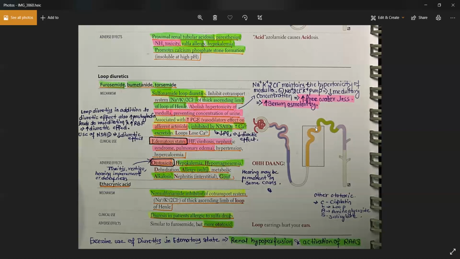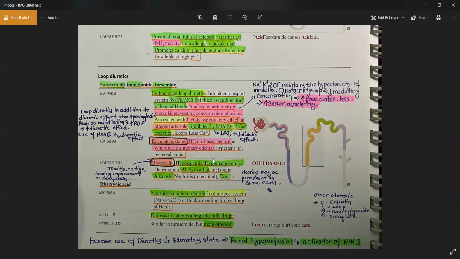Okay, got it. So it is not sensing. Exactly. They're blocking the receptors on the macula densa cells also. See, along with inhibition of the sodium, potassium, chloride channels, these loop diuretics also inhibit the receptors on the macula densa cells that sense the sodium delivery. They inhibit these receptors, and as a result, they cannot sense the sodium delivery to the DCT. If the cells cannot sense the sodium delivery, they will be tricked that the sodium is less, and as a result, will activate the RAS.